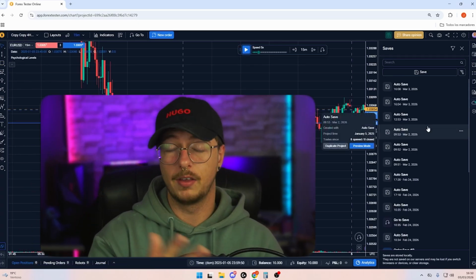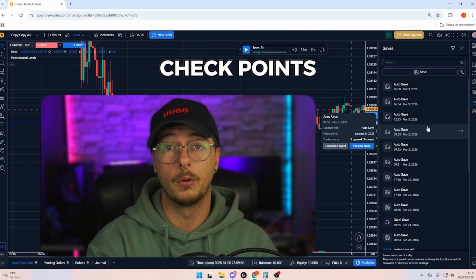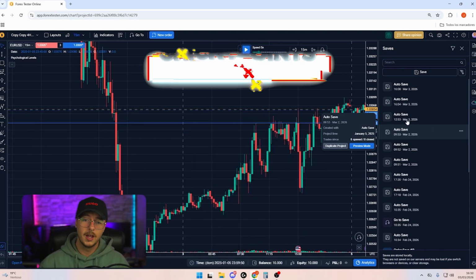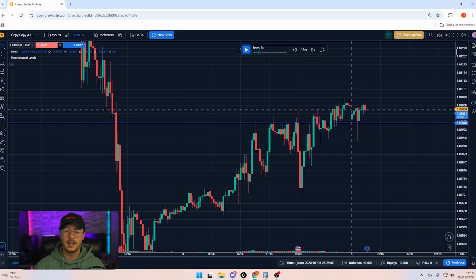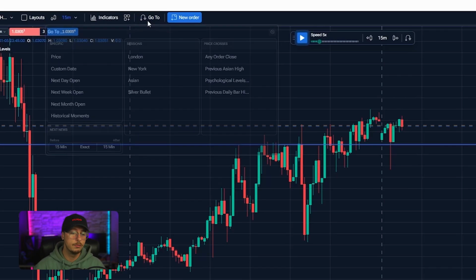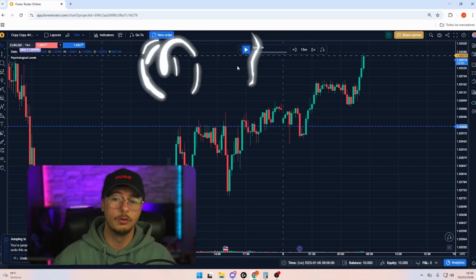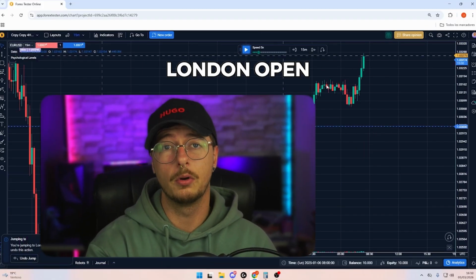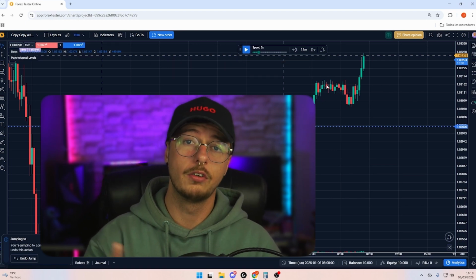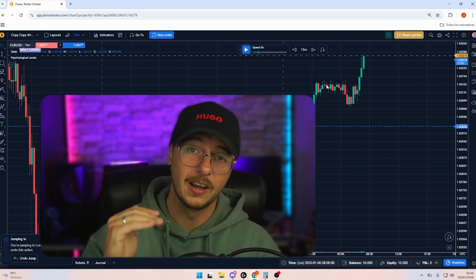In addition to this, if this would fail, we have the checkpoints. So it's the second layer of security so you don't lose your projects. And this basically happens with every action we do inside the chart. So if I open a trade and close a trade, I get a checkpoint. If I use the go to function and just go to the next London open, I get a checkpoint. And with any action I do, I get several checkpoints to save this project as a second layer of protection,